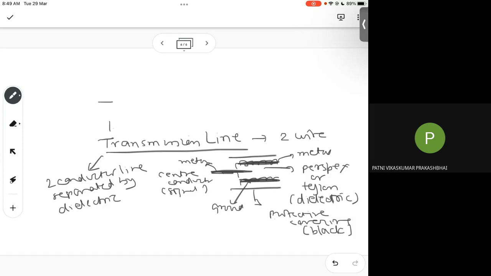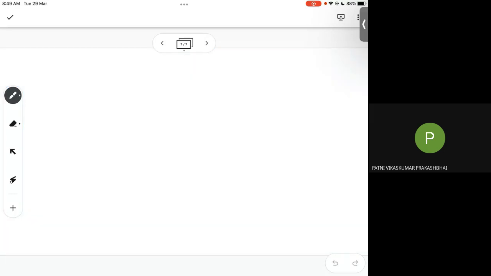Nowadays, they have come in a printed form also. So this is something which you are aware of. As I told you, a wire is a single conductor, so what we learned about the wire, a transmission line is a dual conductor separated by a dielectric. Again, if I have to understand this, we have to start with